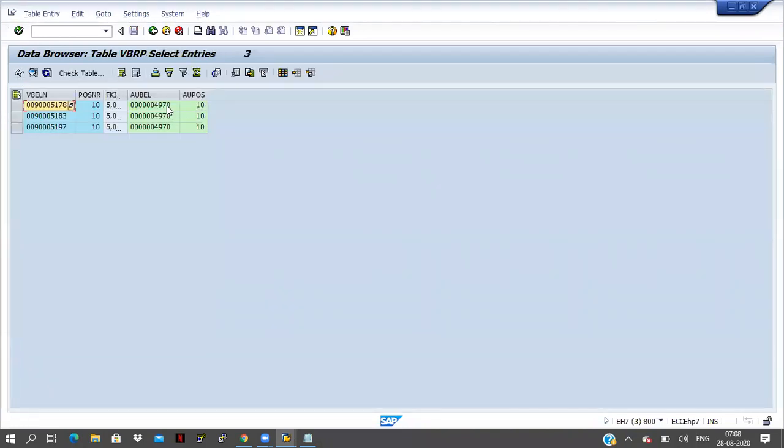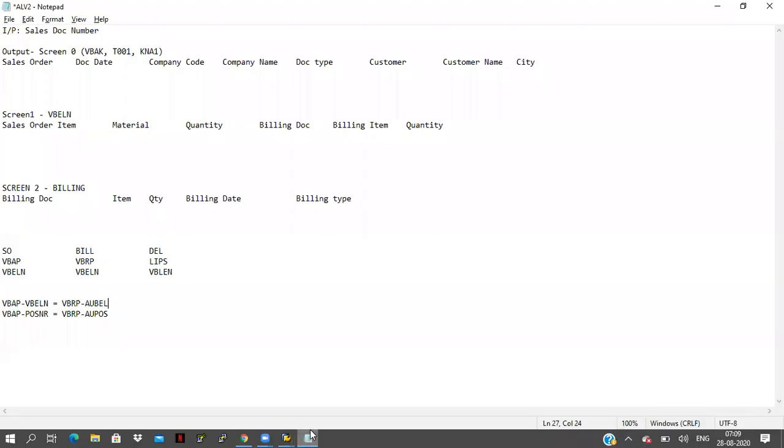For the single document number, for the single item only, how are they billing here? They are generating 3 billings here, for a single document, for a single item. For example,